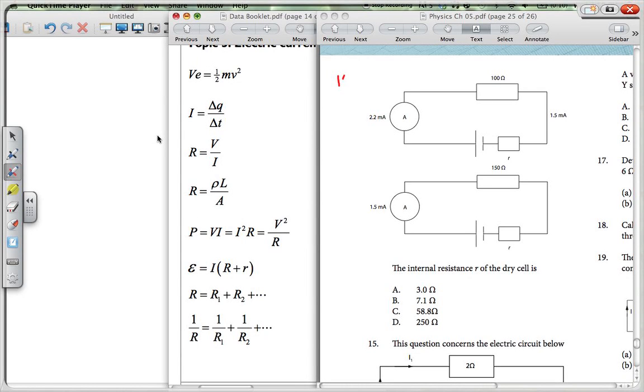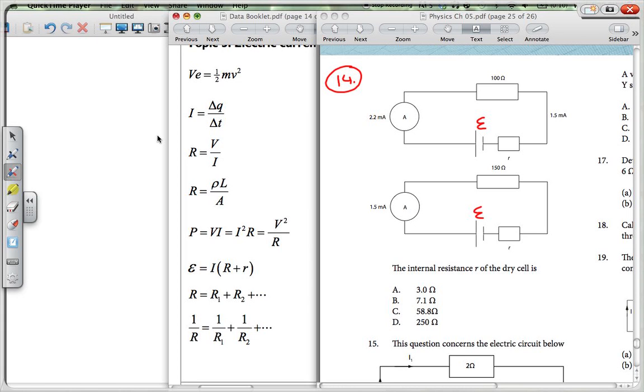This is question 14. The beginning part of the question is on the other side of the paper, but basically you've got two different circuits that have been set up. We have an unknown voltage here. In actual fact, we call this the EMF, which is the total energy per coulomb that can be supplied by